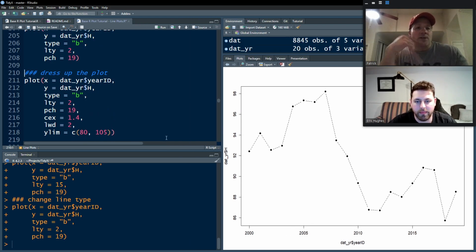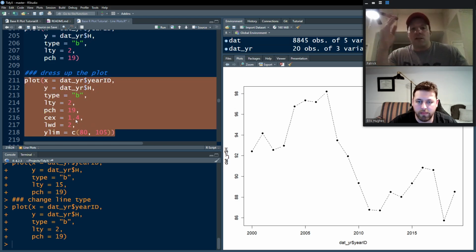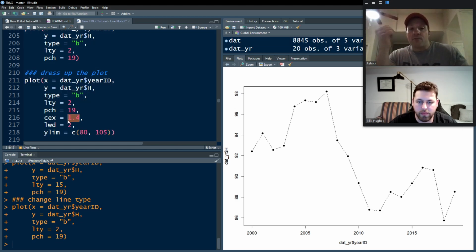Yeah, we could also dress this up even more. For example, in addition to changing the line type, we can change the size of the dots with the CEX argument, which we talked about last time. So we can make those bigger. We can also make the line width bigger. And then you can see that